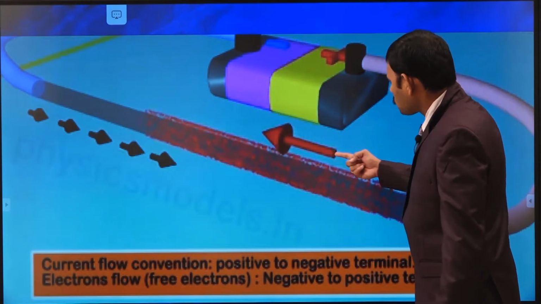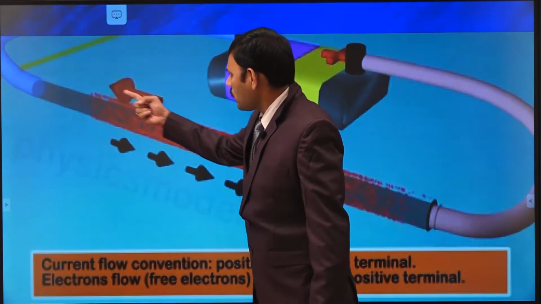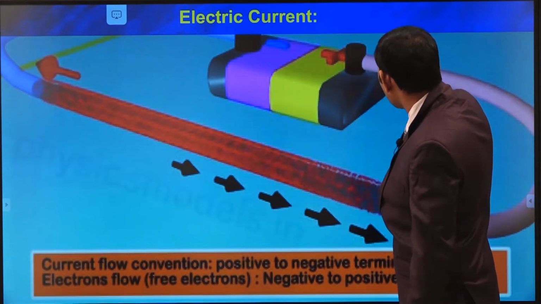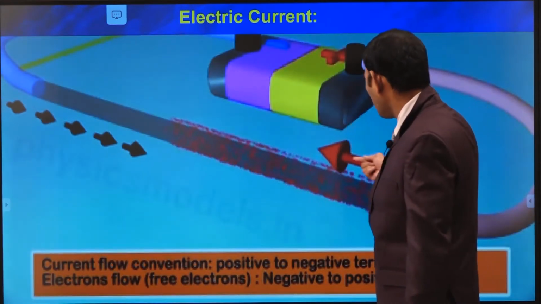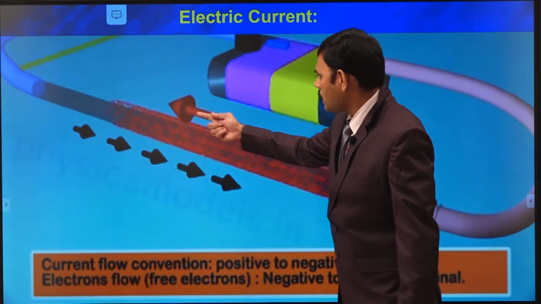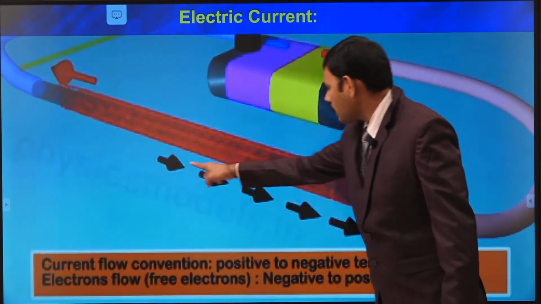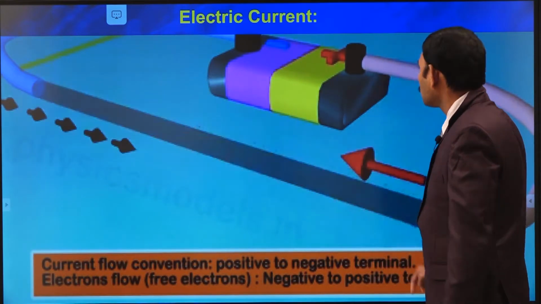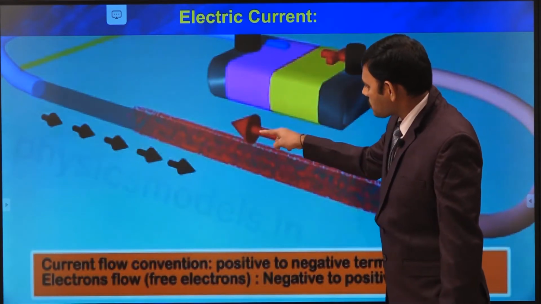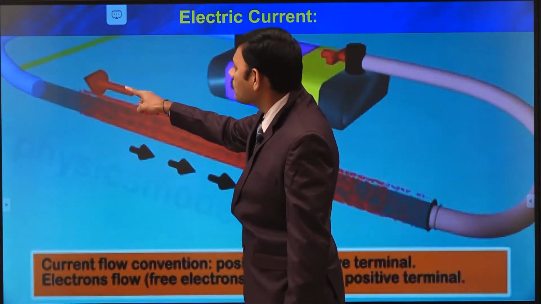Then see the arrow mark. This is the direction in which the positive charges are moving. This is the positive terminal of the battery. It repels the positive charges and does work, and positive charges move in the arrow mark direction. See this video for a clear idea. This is the direction along which positive charges are moving. Opposite to that, negative charges are moving. These black arrows indicate negative charges moving towards the positive terminal of the battery. So this red arrow mark is the direction in which positive charges are moving away from the positive terminal of the battery. So this is the direction of current.